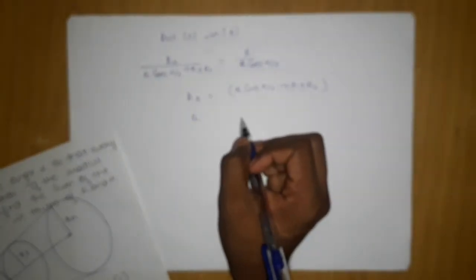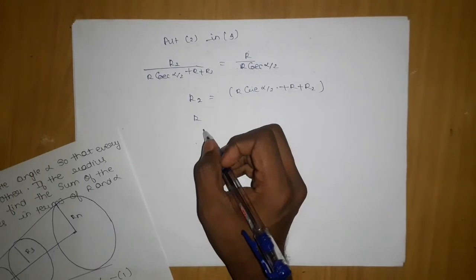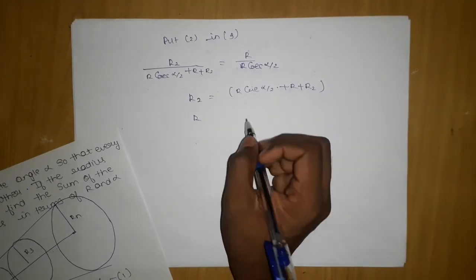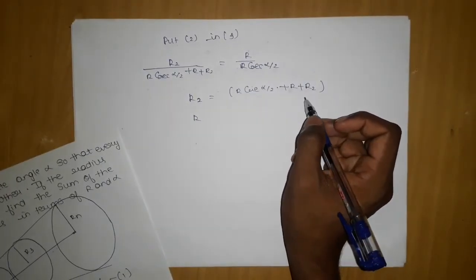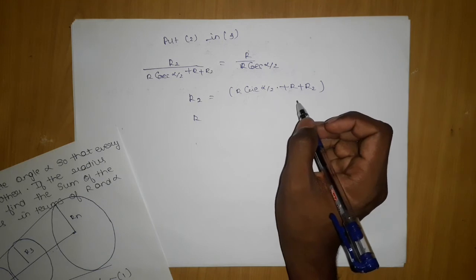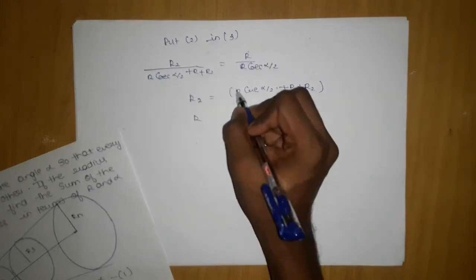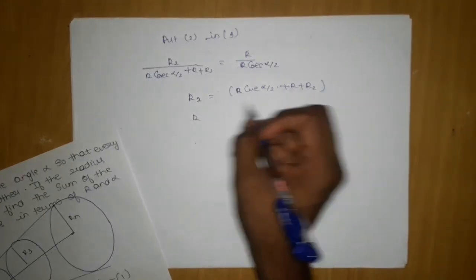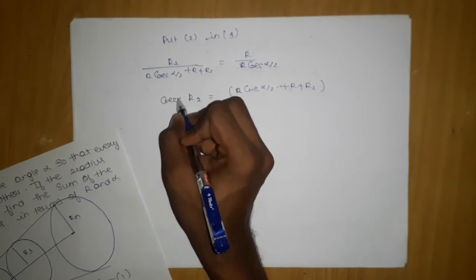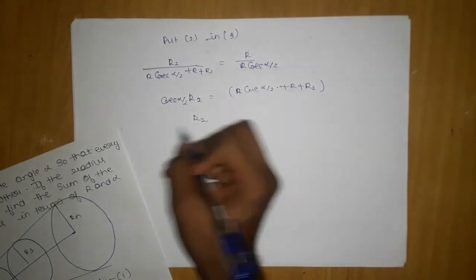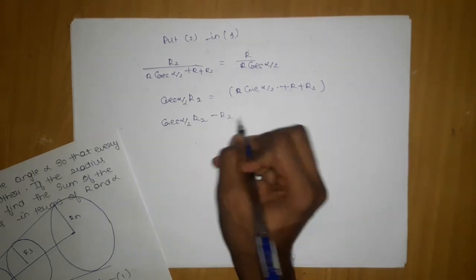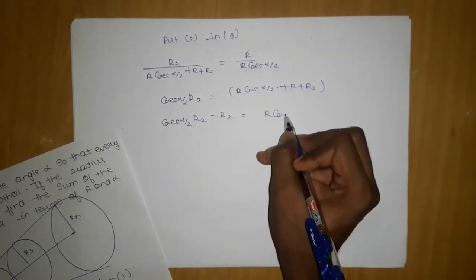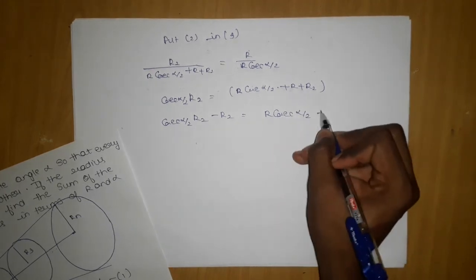After this, what we did, we moved this, which was r2, right? So r2 is here, r2 plus r cosec alpha by 2. Here it was cosec alpha by 2, right? We will move cosec alpha by 2 here, and then this r2 cosec alpha by 2 minus this r2. Here it is r cosec alpha by 2 plus r.